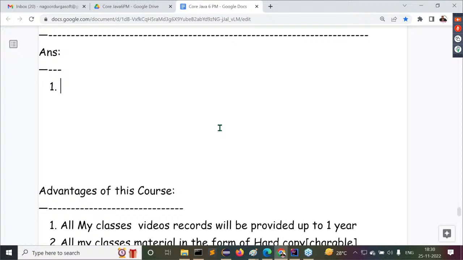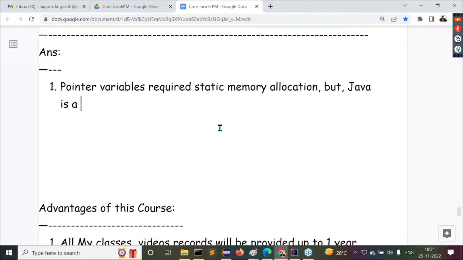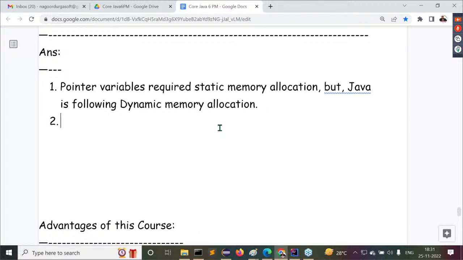Static memory allocation. Pointer variables require static memory allocation. But Java is following what memory allocation? Dynamic memory allocation. So pointers are not suitable in the Java programming language.